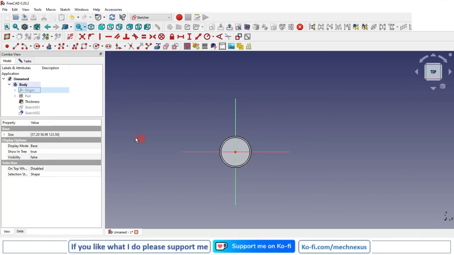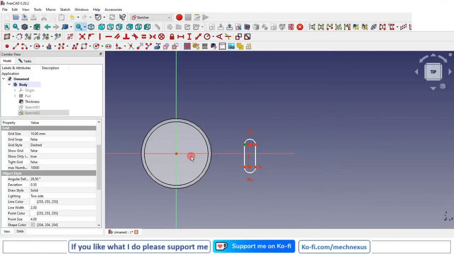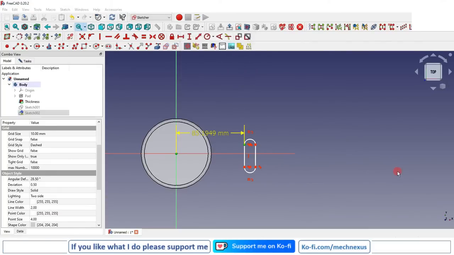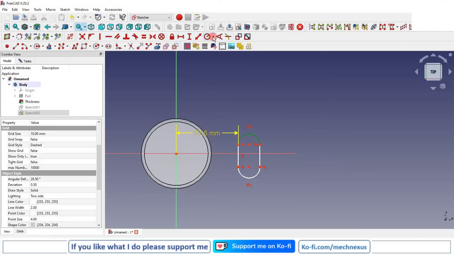Now I will create a slot like profile, and now I will constrain it. So I will select this point and this point. I will give horizontal dimension of 77.5. Radius I will give 5 mm,